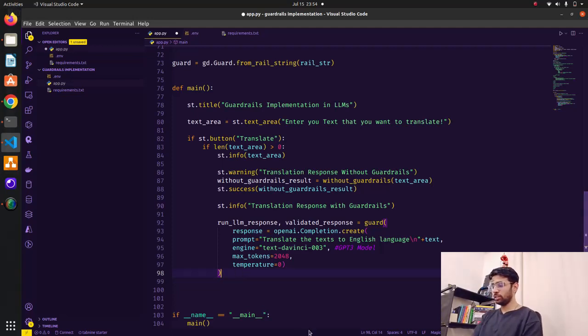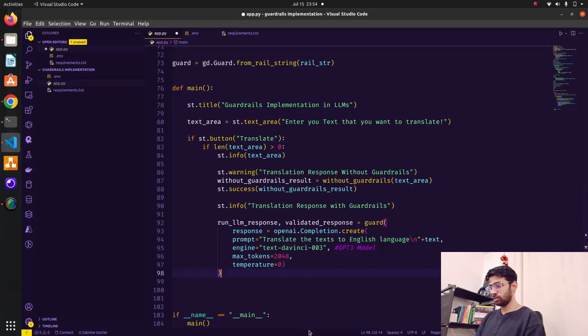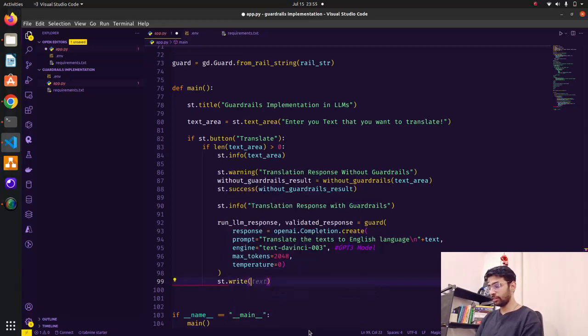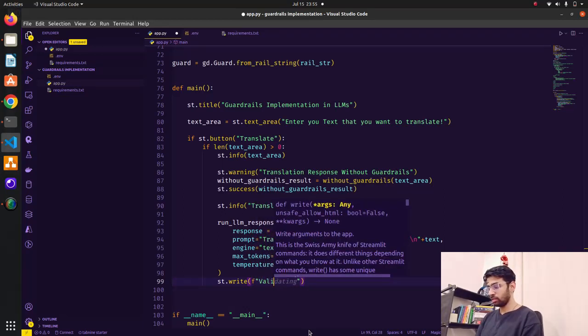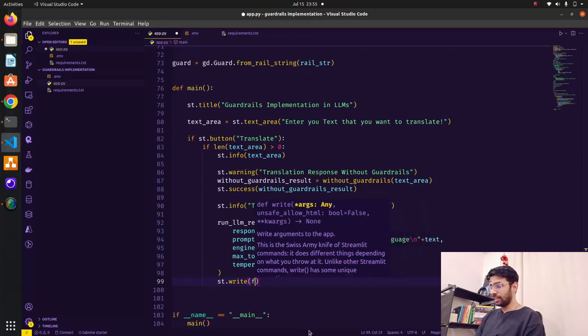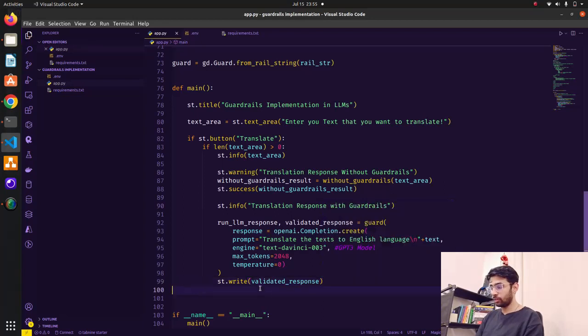Okay, so what I'm gonna do here, I'm gonna also use st dot. Just use the write, guys. st dot write and see what we are getting. I don't know what kind of response we are getting, or let me just write f or something. st dot validated output. Or let me just see what we are getting. I will not write this. Okay, let's write validated response. Let's return that only and see what we are getting.